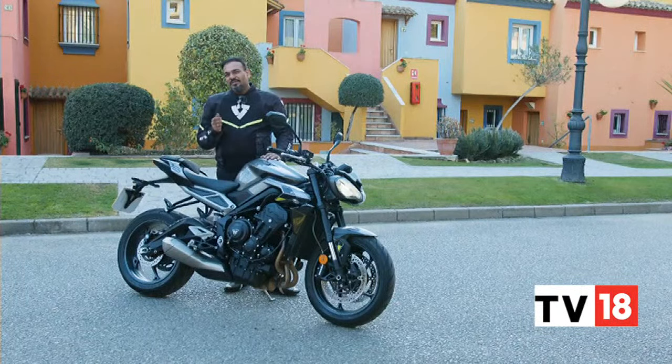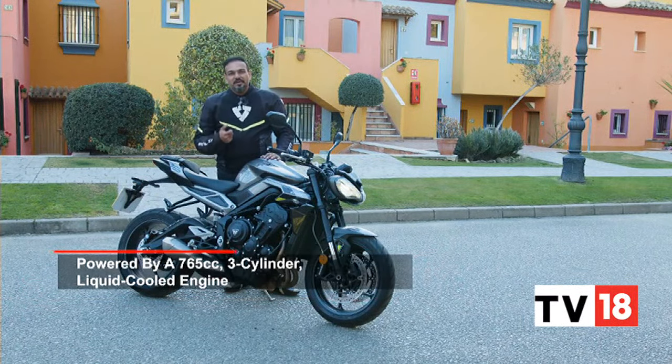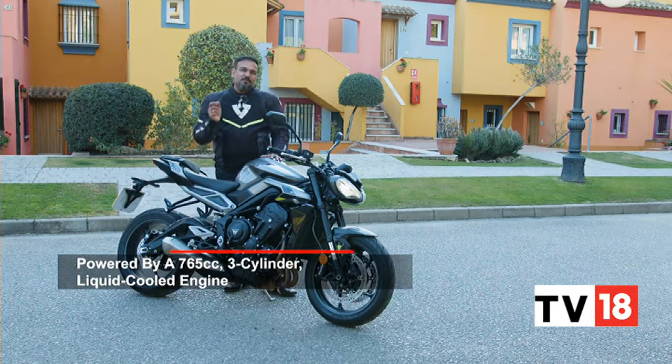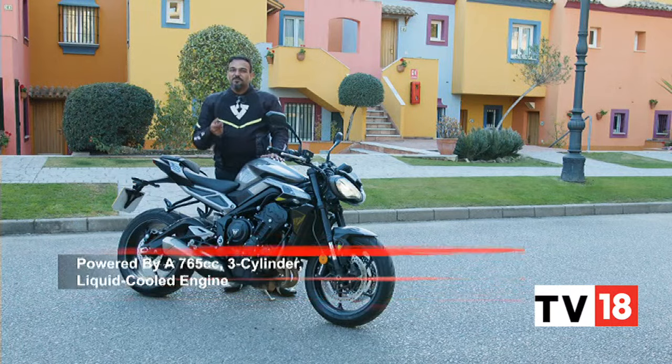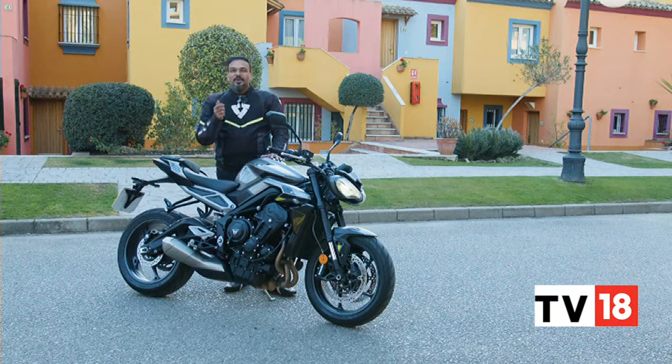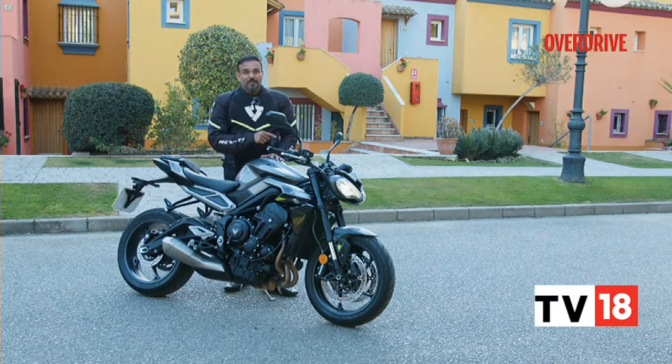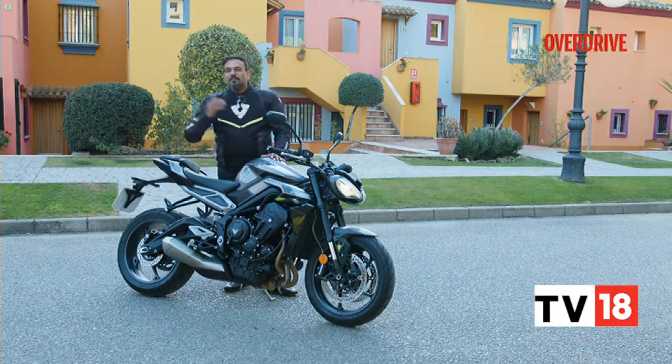That said, the throttle response doesn't feel as crisp as it is on the RS. The engine certainly feels a lot more refined than before, and a 10 PS difference between the R and the RS may not seem like much, but that throttle response, that is where the difference is quite evident even if you engage the sport mode. Now I remember on the previous Street RRR, it got a little buzzy after about 9,000